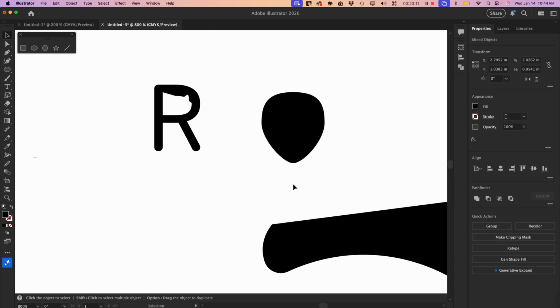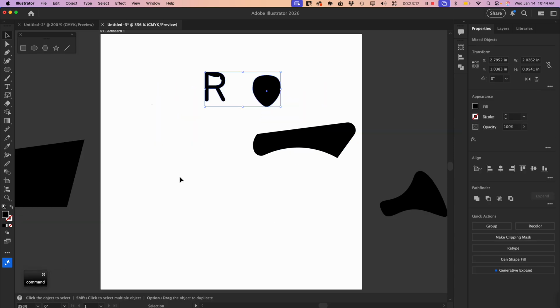So let's do something simple here. I'm going to press Command 0 on my keyboard, which will zoom out so I can see my entire artboard. Command 1